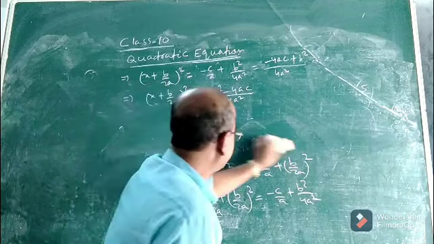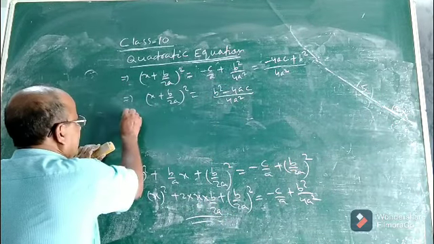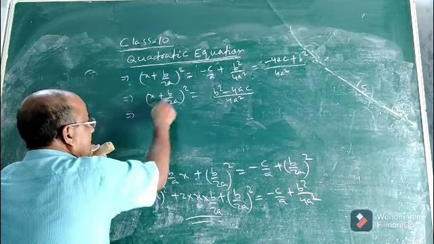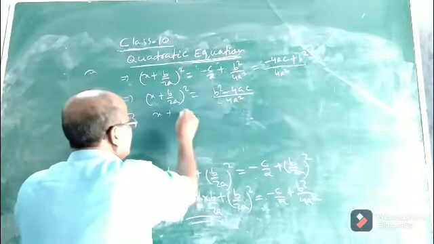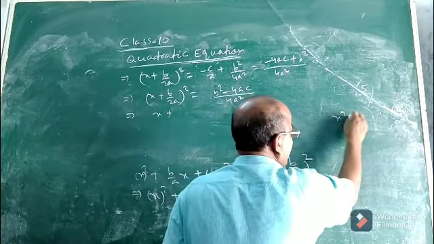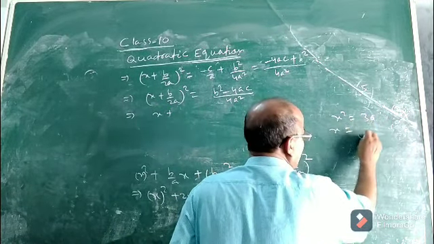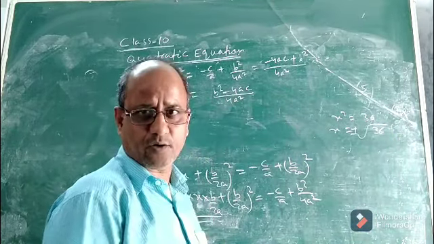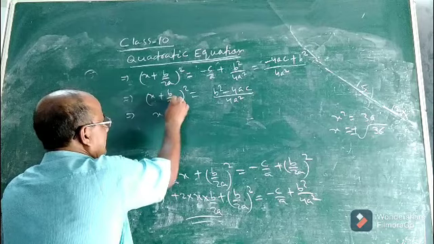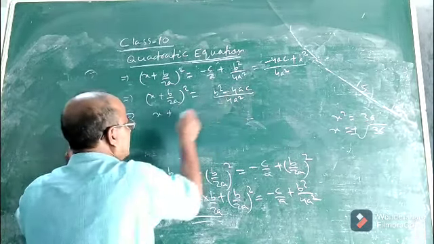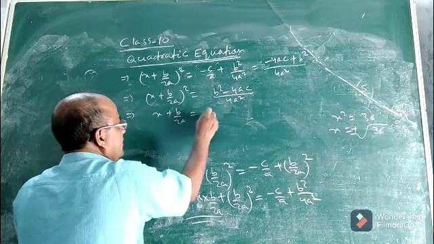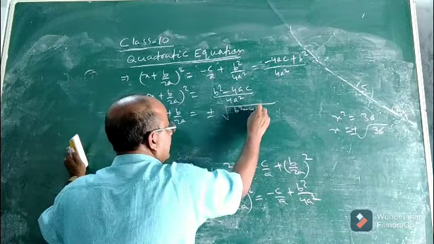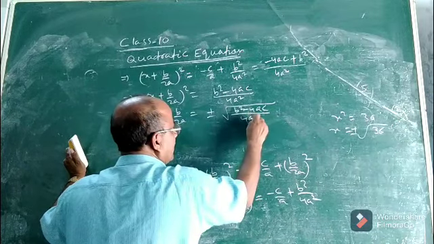Now the next step will be, in order to find x, first you find x plus b by 2a. So if x plus b by 2a whole square is this, then as I have told you earlier, if x square equal to 36, x equal to what? Plus minus square root of 36. Positive square root and negative square root. Similar is the case. If x plus b by 2a whole square is this much, then x plus b by 2a will be equal to how much? Plus or minus square root of b square minus 4ac by 4a square.